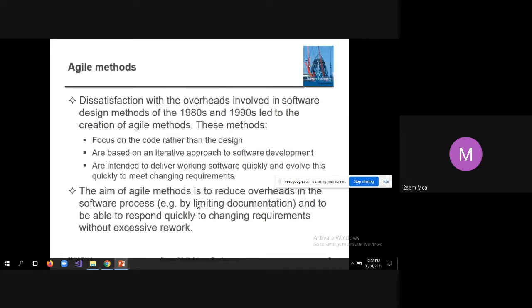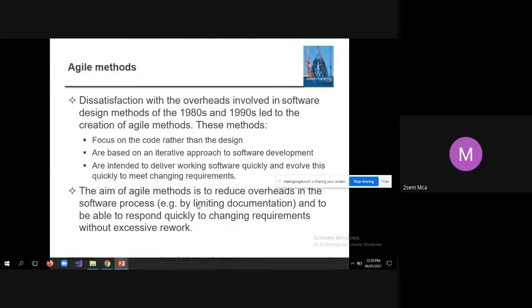So now let us see agile methods. Let us see first the history of agile methods. During the 1980s and 1990s, people were not happy with the plan-based methods. Why? Because earlier people used to assume that the client should come at once and give all the requirements so that we can document them and prepare a comprehensive document. Then based upon that, we do design, then development, coding, testing, everything like that.